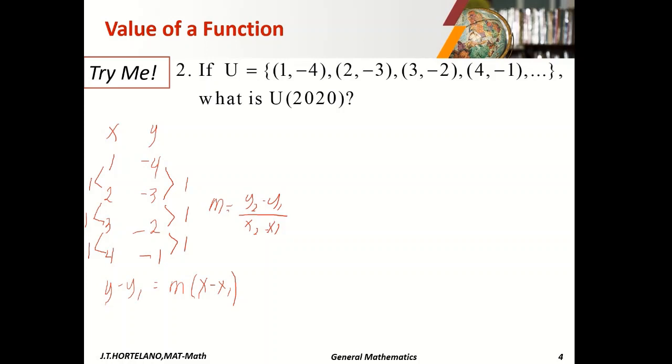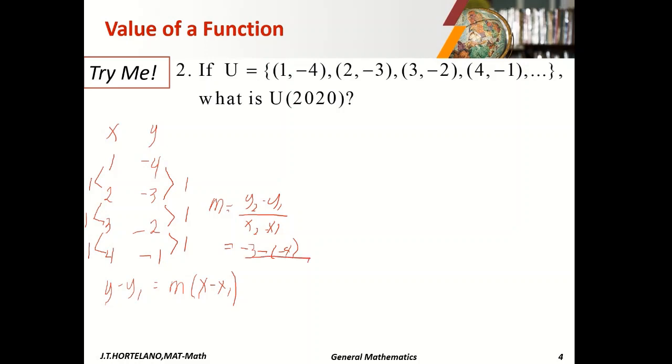So, we have y sub 2. I will choose this point, which is positive, -3. So y sub 2 would be -3. Minus, for this other point, 1, -4. So y sub 1 is -4